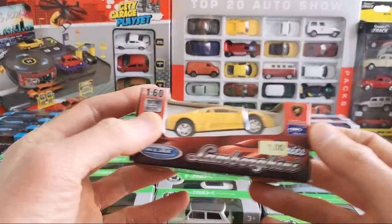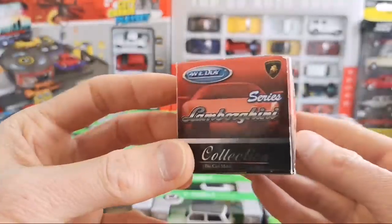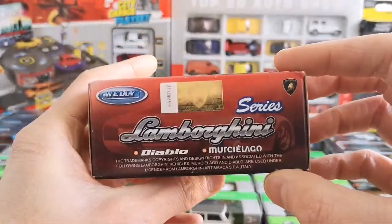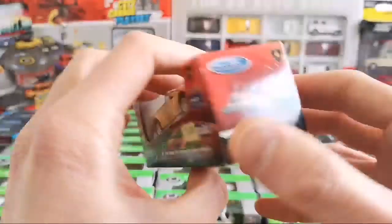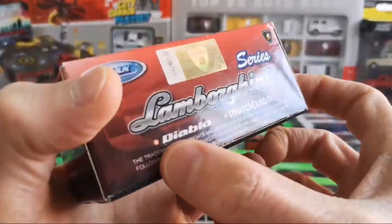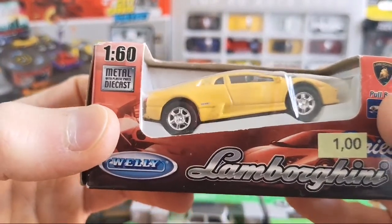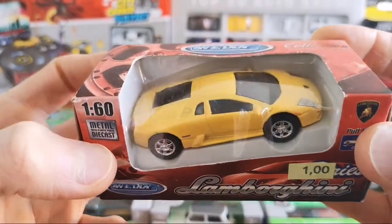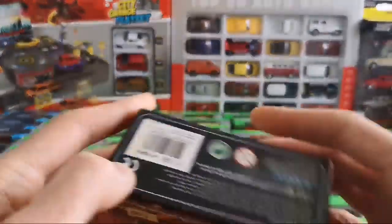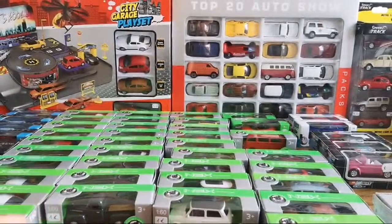So this one I also wanted to show, this is a pullback one. I only have one of these because, you know, it's kind of toyish, so I don't really focus on that. Got the Lamborghini licensing. So this is a Diablo also. Sorry, it's a Murcielago. I was confused with this. It's a Murcielago. So this one will have rubber tires to get better traction. Yeah, it's taped up. I'm going to leave it like that. If anyone wants to see this in action, you just yell, but